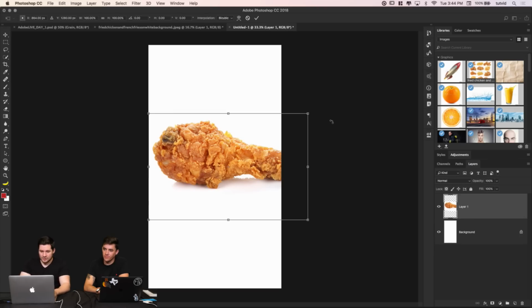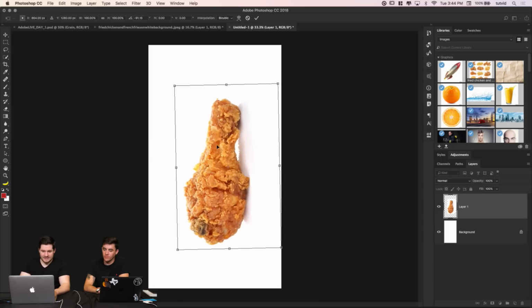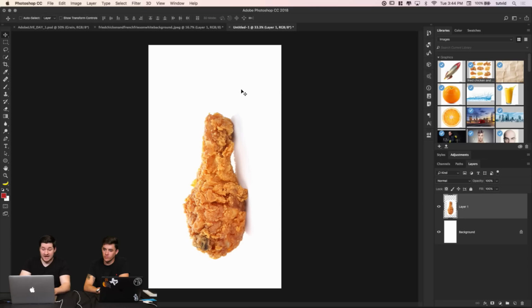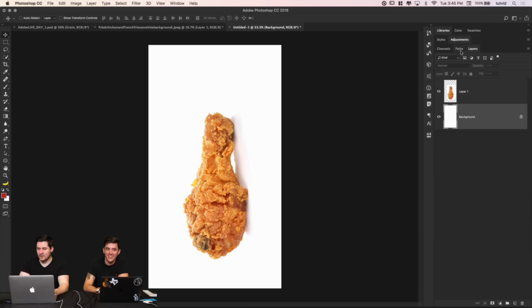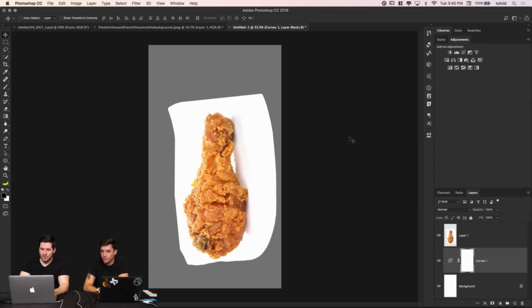And now I'm going to hit Command or Control T. I'm going to rotate this up. I don't know, kind of like that, kind of like it's our explosion. I don't know, we'll see. I have no idea what this is going to look like, but we're doing it. I'm going to select my background real quick, and I'm just going to throw an adjustment layer over it, maybe curves, and I'm going to grab the white point and just darken it,